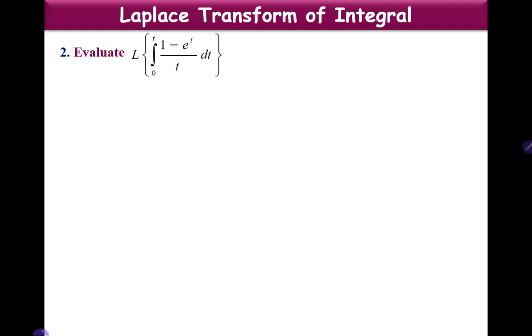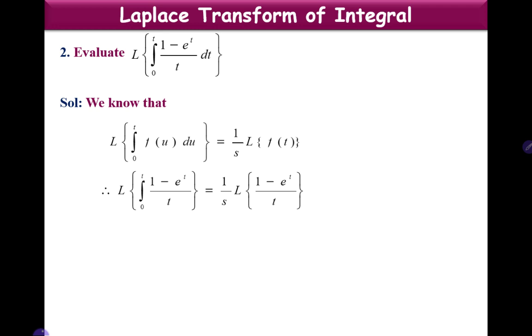Again using the same property, L of integral 0 to t of f of u du is L of f of t by s. Here f of t is 1 minus e power t. Therefore, Laplace transform of integral of (1 minus e power t) by t is 1 by s times L of (1 minus e power t) by t. So, now to evaluate Laplace transform of (1 minus e power t) by t, we use